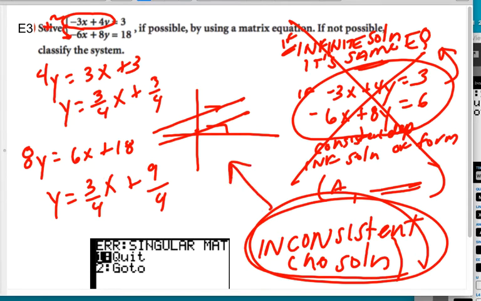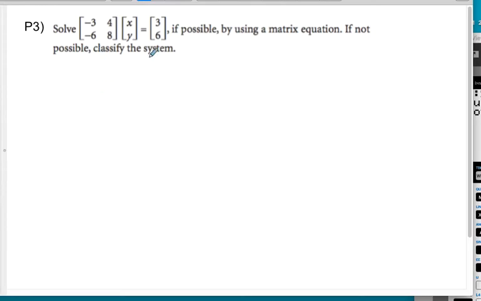All right, so let's go ahead and try one. You go ahead and try P3. Here they didn't even bother to start you with the equations, but you go ahead and give it a try. Oh, I kind of spoiled this one for you. Oh, well. So same thing's going to happen, but this is exactly the example I just talked to you about, right? If you look at these two equations,